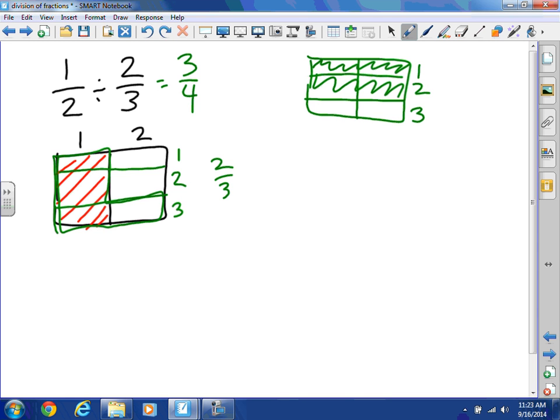Now, let's look at 1/2 divided by 2/3. You keep it, you change it, you flip it. That is equal to